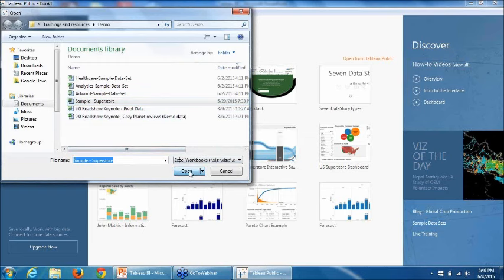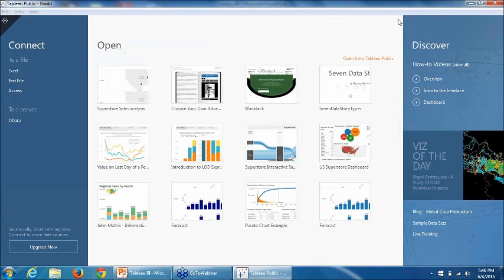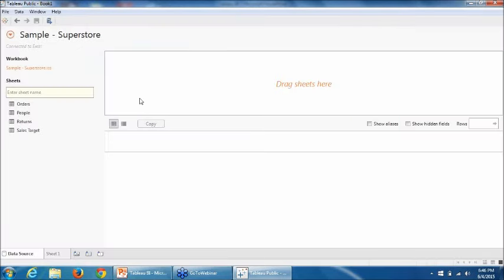I click on open. Now you see that in this Excel file, I have four different sheets: orders, people, return, sales, target. So I can actually use any one of them, I mean, all of them to query and prepare some visualizations or reports, right?